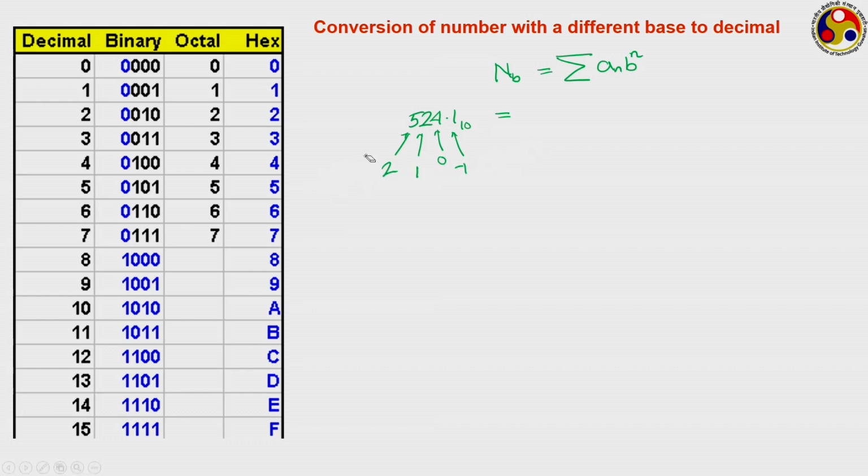So we have to get the value, we have 5 into base, that is 10 to the power 2, plus 2 into 10 to the power 1, plus 4 into 10 to the power 0, plus 1 into 10 to the power -1, which definitely will return the same value. It may seem very obvious to you, but why you are doing this, that will be coming very shortly. Let us take another example. Let us say